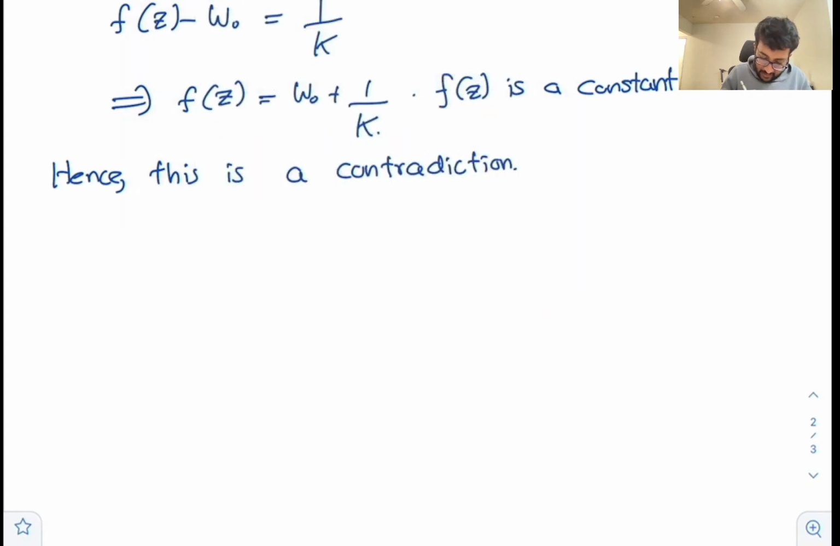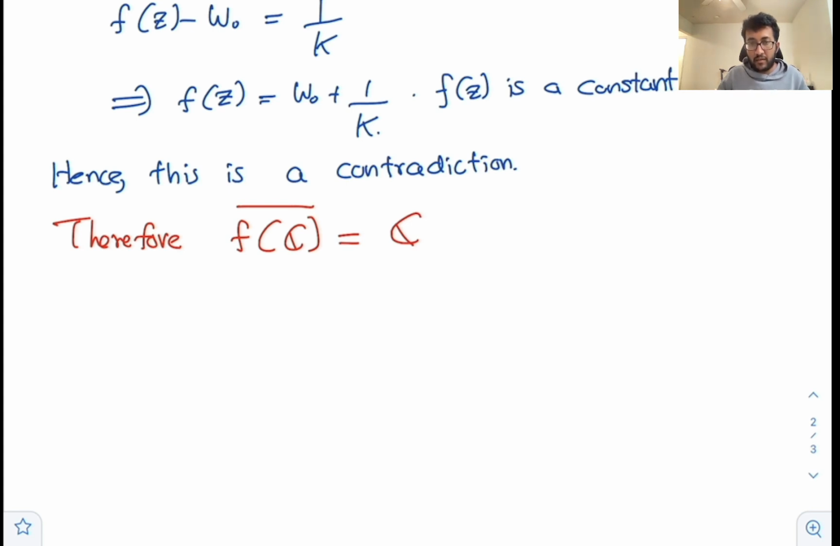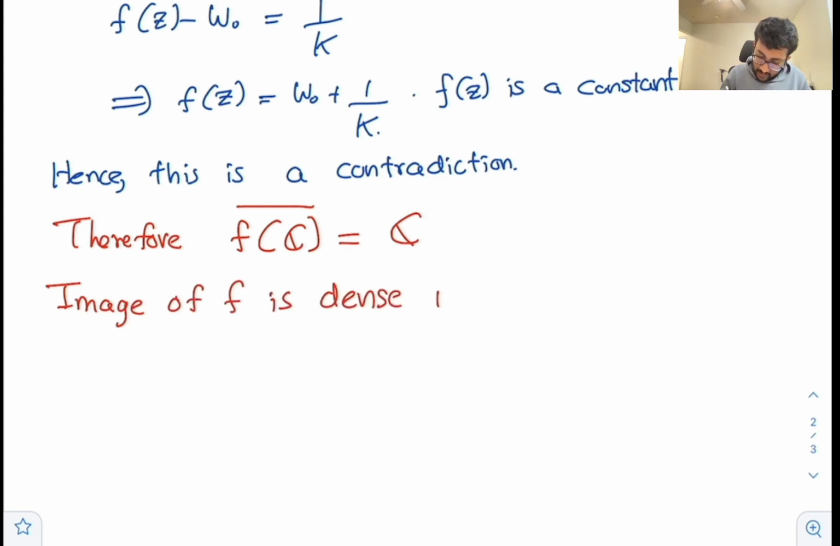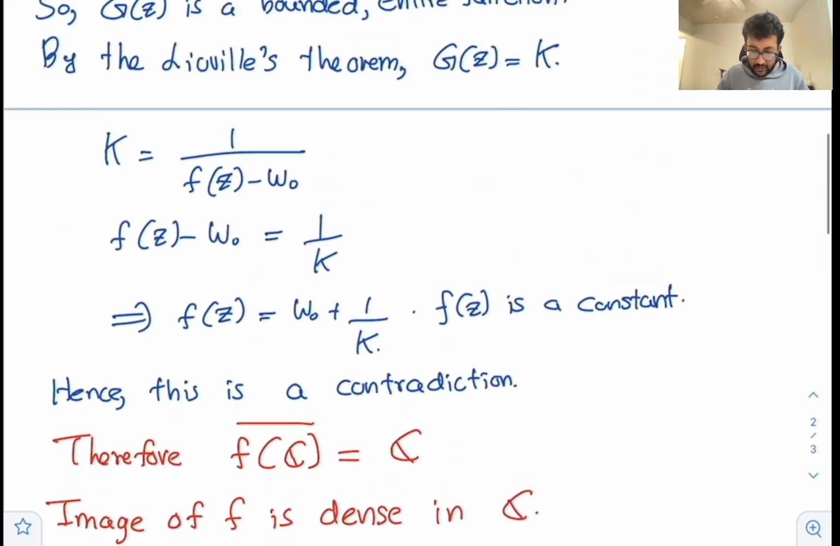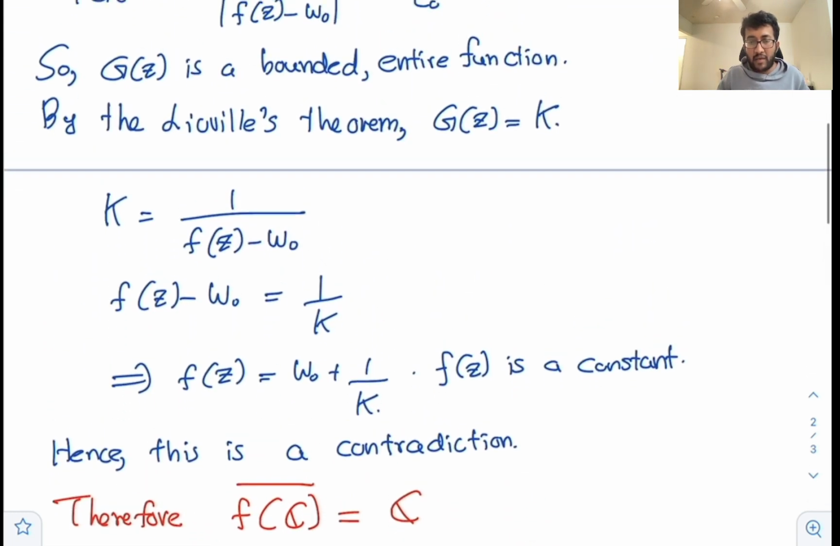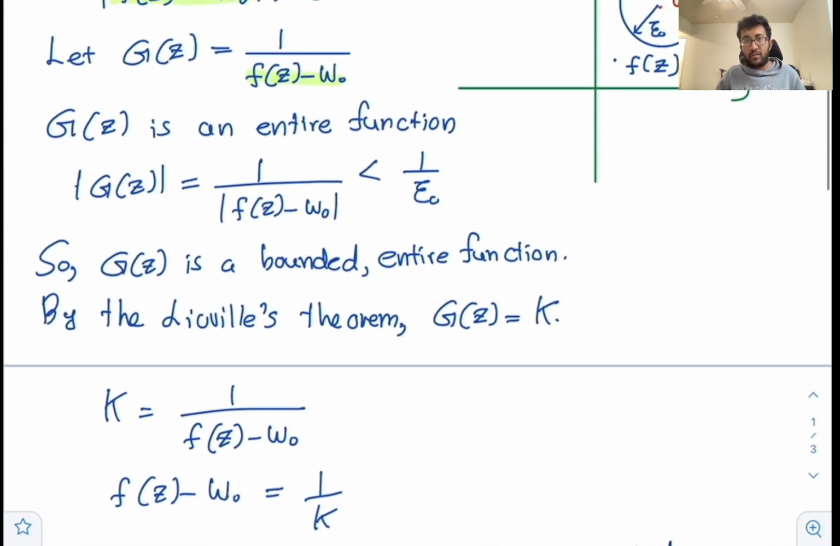Therefore I can say that the image is dense in C. In other words, the closure of the image of f is going to be equal to the whole complex plane, right? So the image of f is dense in the complex plane, right? Okay, so this is a good application of Liouville's theorem and the definition of